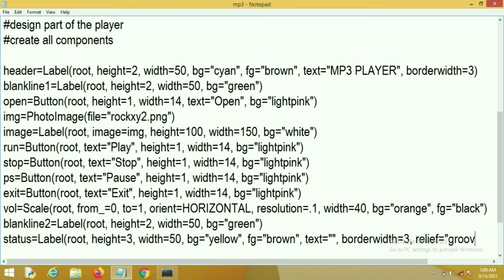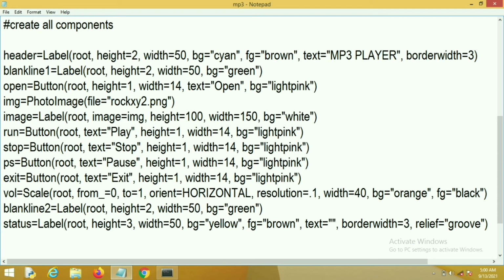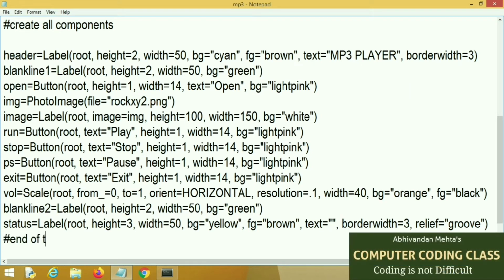It means we are giving some depth in status. This is the ending of our designing part.